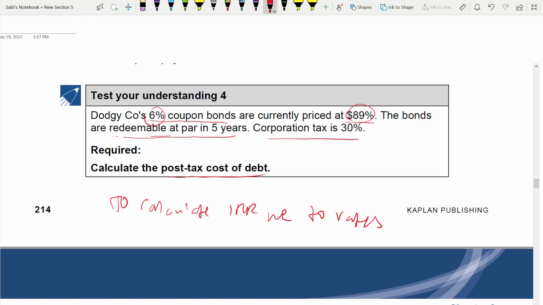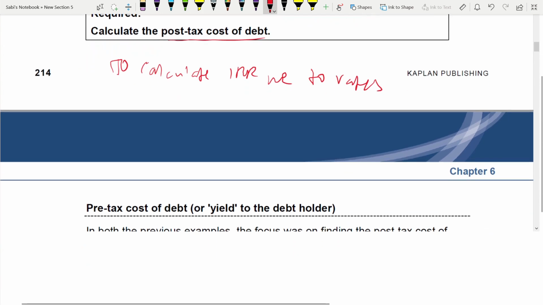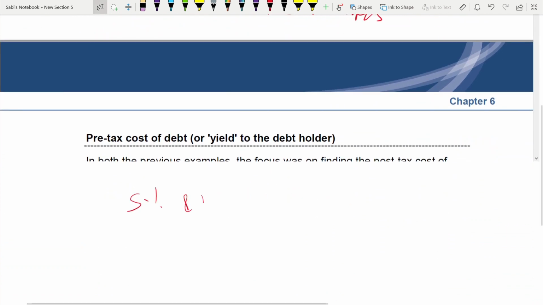So you can use a discount rate that is more or less than this. One discount rate you can use more than the coupon, and one less than this. Let's say you can use 5% and 10%. One is more than the coupon rate, the other is less than the coupon rate. So present value at 5%